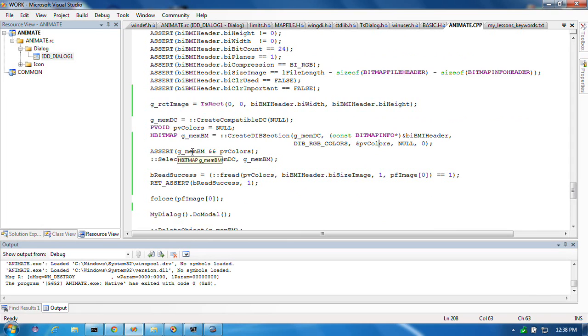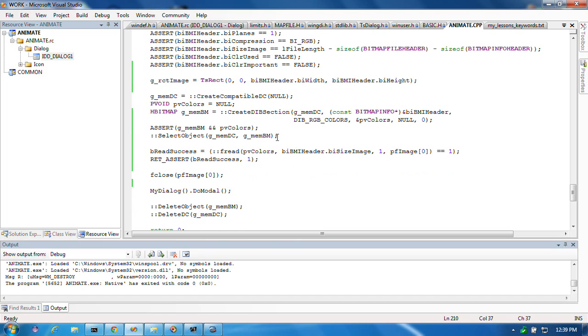And so if this mem bitmap, HBITMAP thing is non-zero, and if I get a PV colors, now there is the crucial step, the one that took me a while to find. You have to, like with any of these things, pens and brushes and so on,